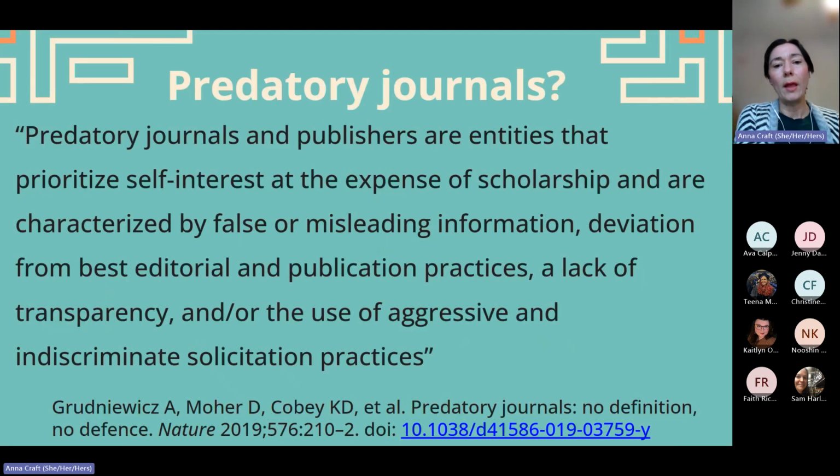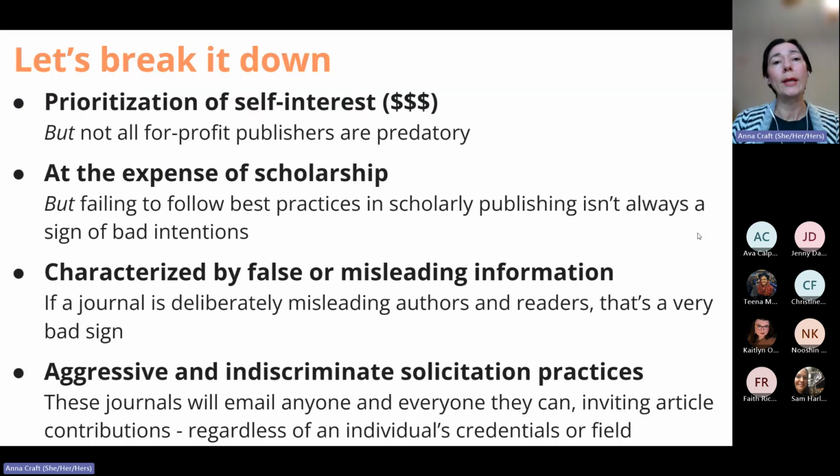This is a definition that I like from a comment piece in Nature a few years ago. And they tell us that predatory journals and publishers are entities that prioritize self-interest at the expense of scholarship and are characterized by false or misleading information, deviation from best editorial and publication practices, a lack of transparency, and or the use of aggressive and indiscriminate solicitation practices. And there's a fuller commentary around this if you'd like to read more, but we're going to break down this